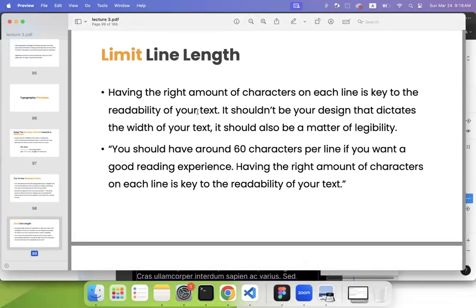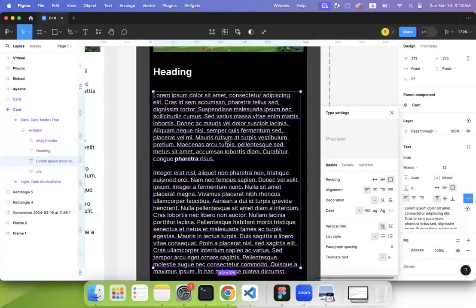All right, limit line length. Having the right number of characters on each line is key to the readability of your text. It shouldn't be your design that dictates the width of your text. It should also be a matter of legibility. So let's say in your content,